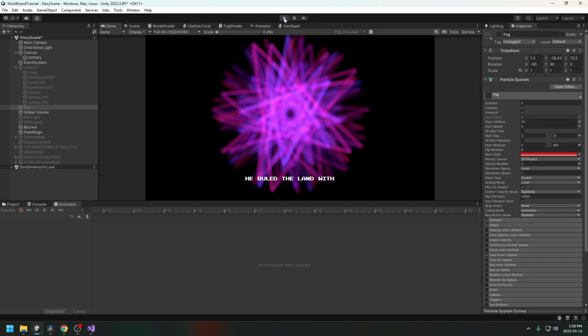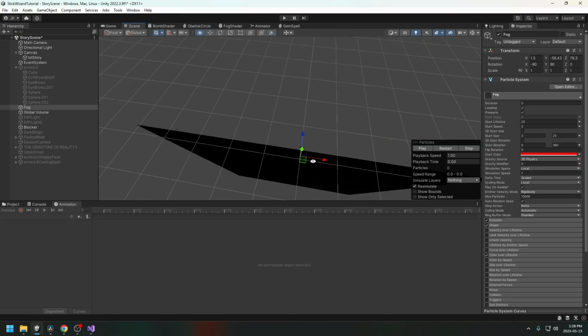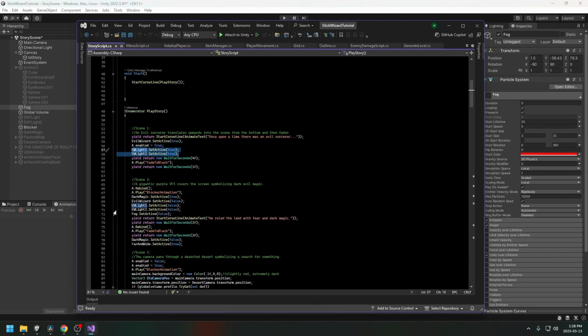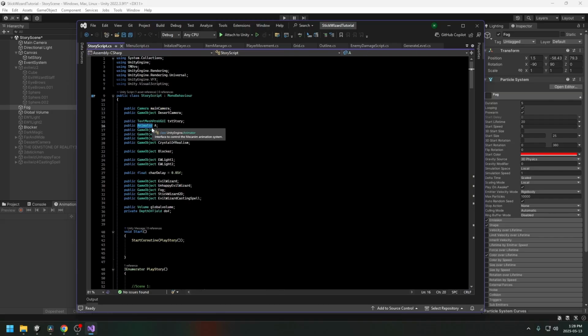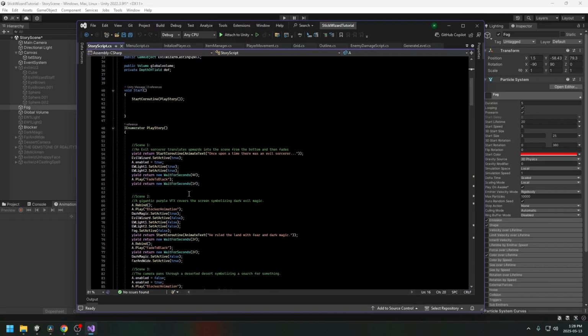So I'm using this blocker to fade between the scenes. And again, this should have been a user interface thing. You can see that I am playing this fade to black animation. This animator is the animator for that blocker. It's not actually the animator for the evil wizard. The evil wizard has the animator enabled by default, so when you turn him on, his default animation plays automatically, which is him flying upwards. But this animation is attached to this blocker because we're using this blocker in every single scene throughout the entire